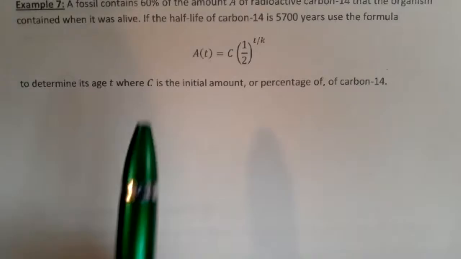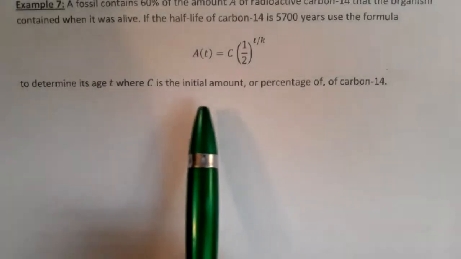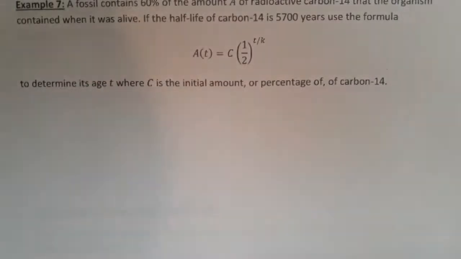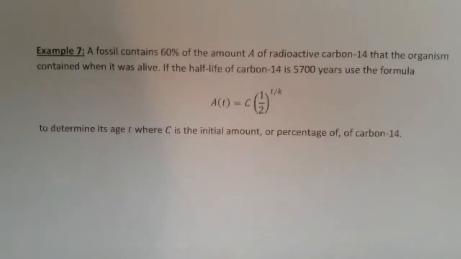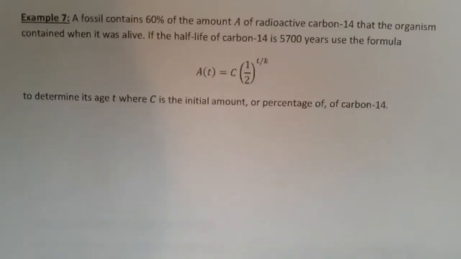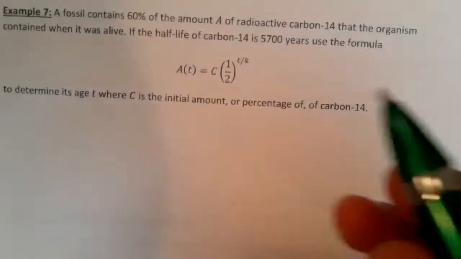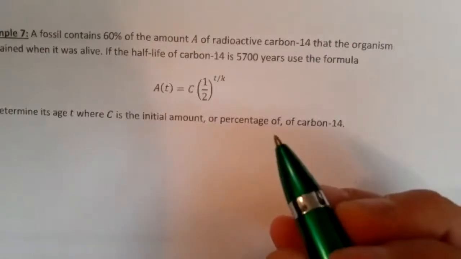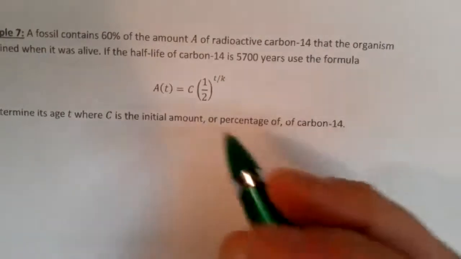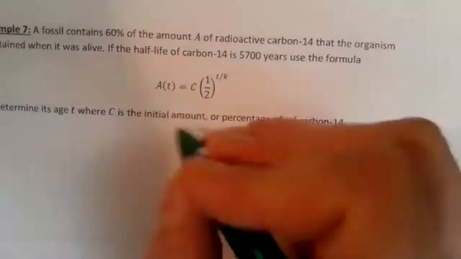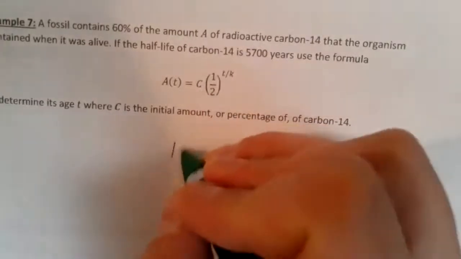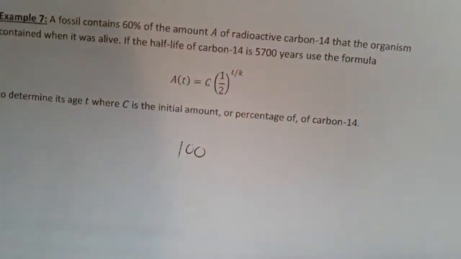We're using this formula to determine its H of T, where C is the initial amount or percentage of carbon-14. There are a few ways we can think about this. We could just throw in percentages if you wanted to, but if we say we're starting out with 100%,